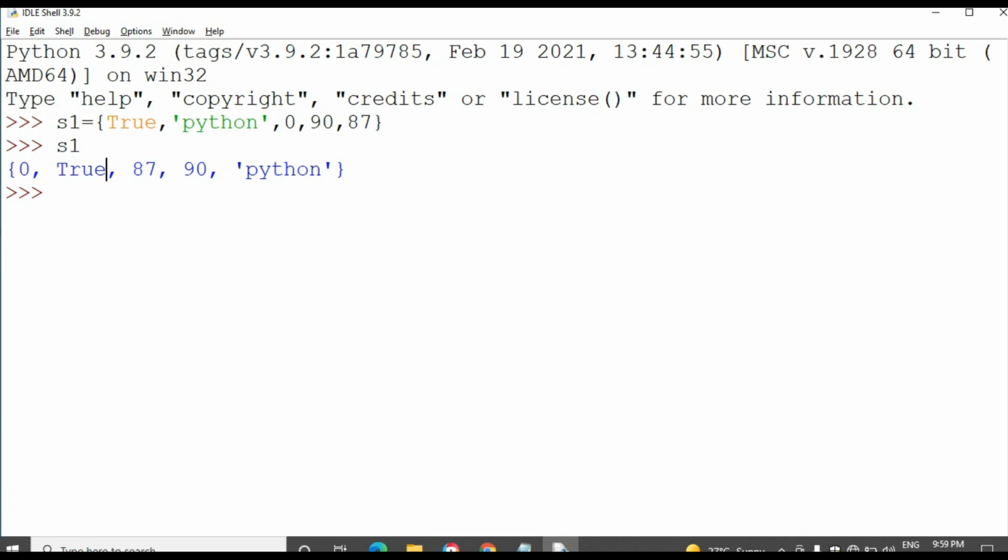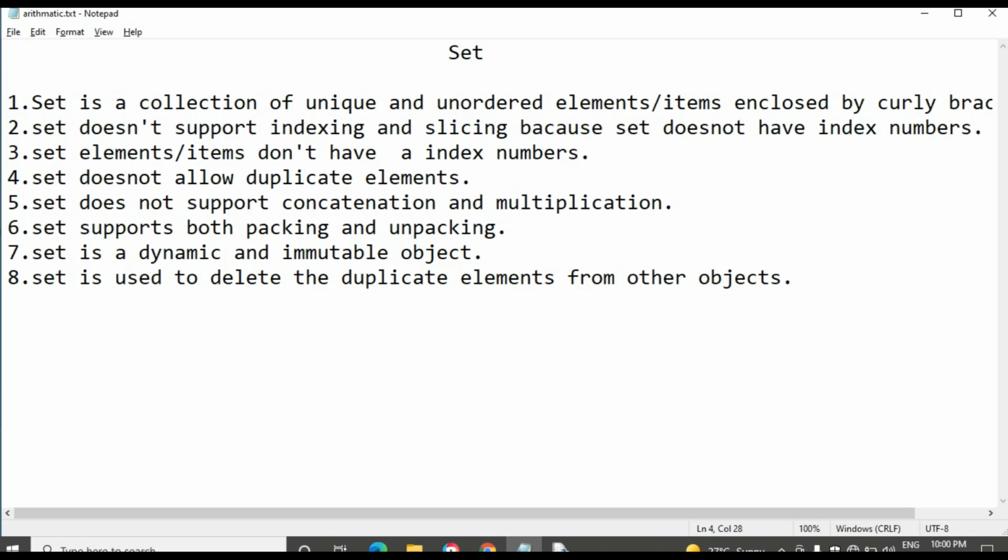I have taken True as the first element, but in the result the place of True has shifted to the second position. So it's an unordered position. We can't order the elements, and we can't judge which one is the first and which is the second. So the set is a collection of unique and unordered elements enclosed by curly brackets.